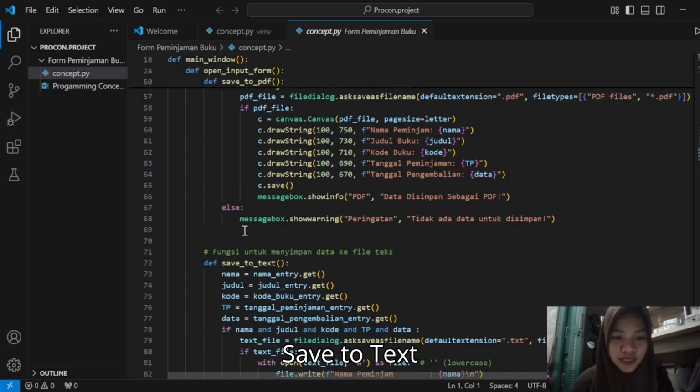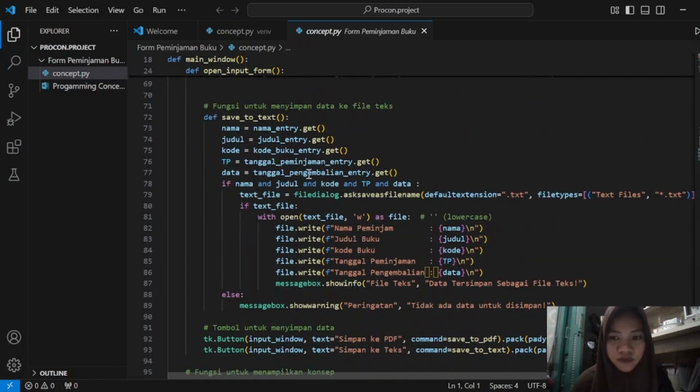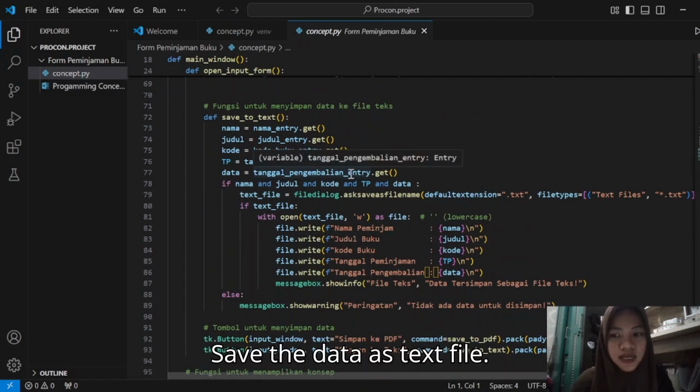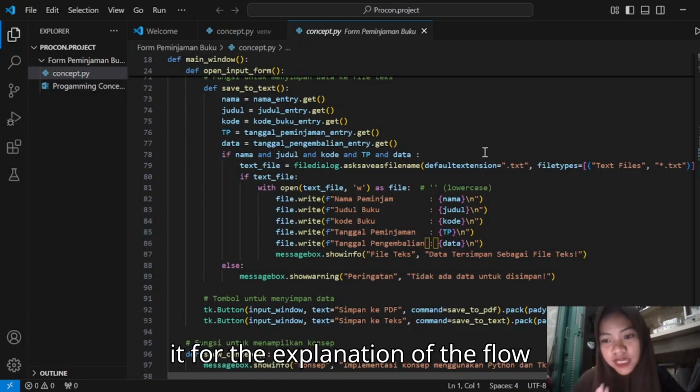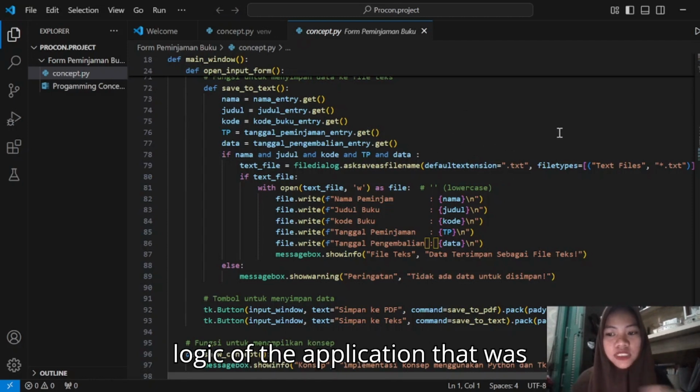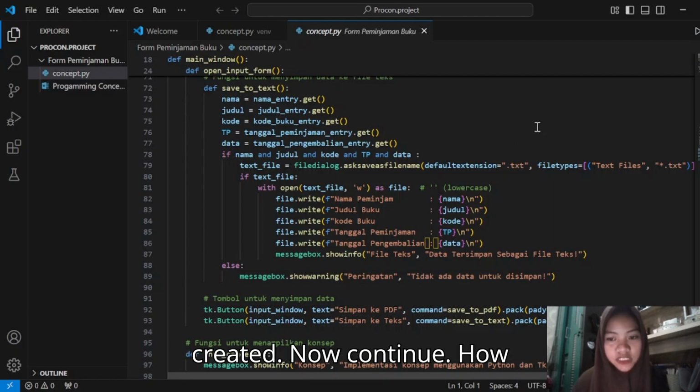Save to text saves the data as a text file. The user chooses the location and file name for the text file. Well, that's it for the explanation of the flow logic of the application that was created.